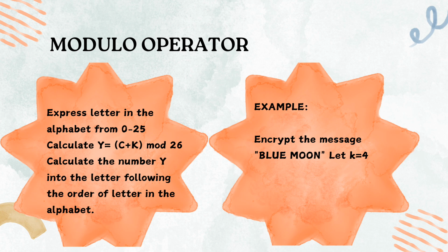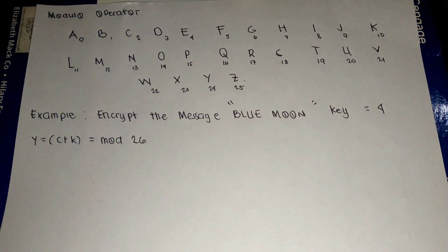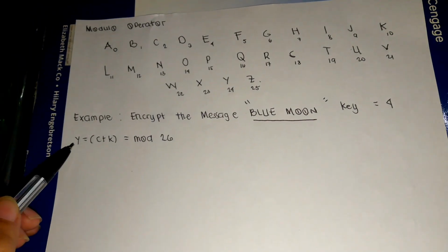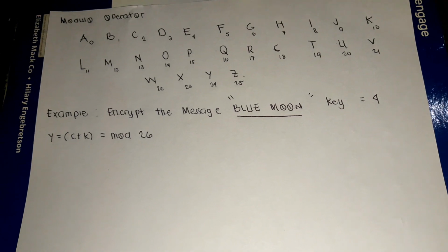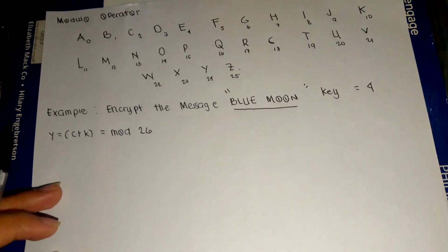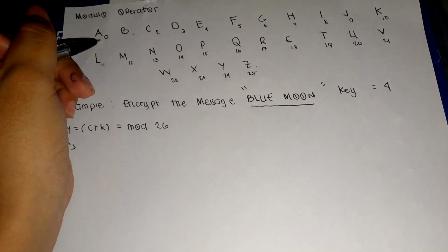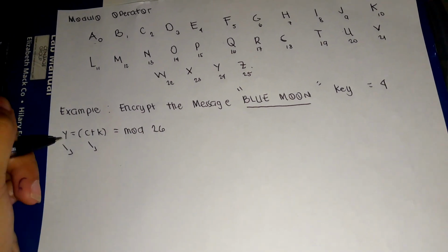I know it is complicated when you first read it, but we were going to delve deeper into it so you can understand. So we have here the example of modulo operator. Encrypt the message blue moon, let the key be equal to 4. Since we have a formula for this modulo operator, the y, it means this letter from the alphabet from A to Z, while C is the corresponding